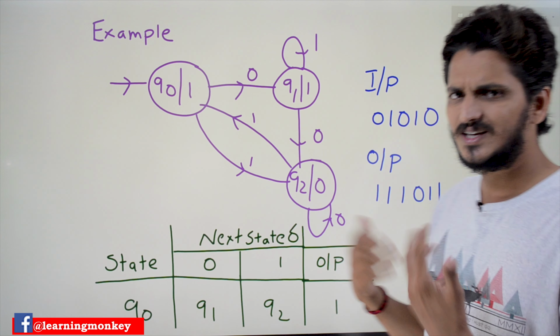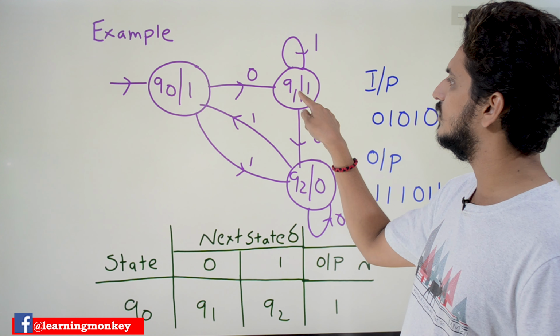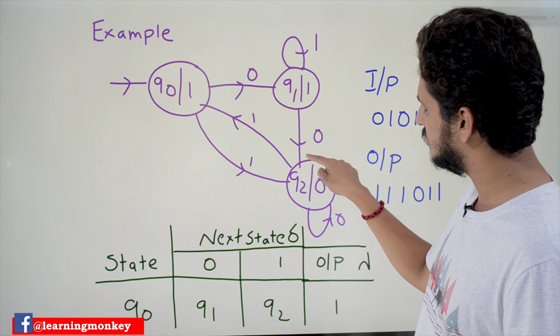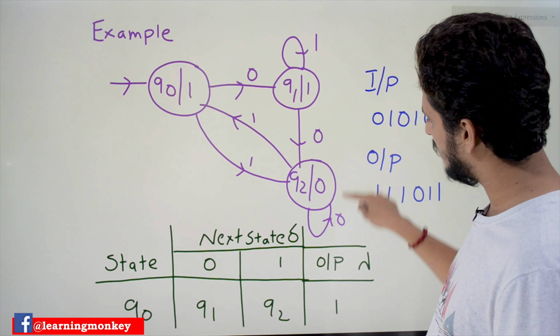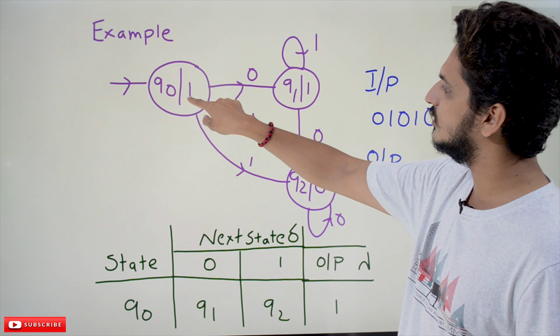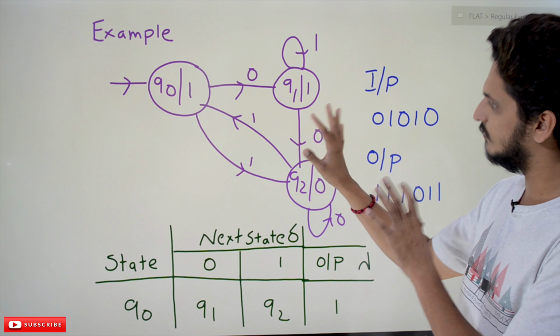Coming to that, the remaining transitions are the same as finite automata. When you see the input symbol 0, we are moving to Q1. When you see the input symbol 1, we are moving to Q1. When you see the input symbol 0, we move to Q2, and for 1, we are moving here. On Q0, if you take the 1, we are moving to Q2. This is what the Moore machine is.